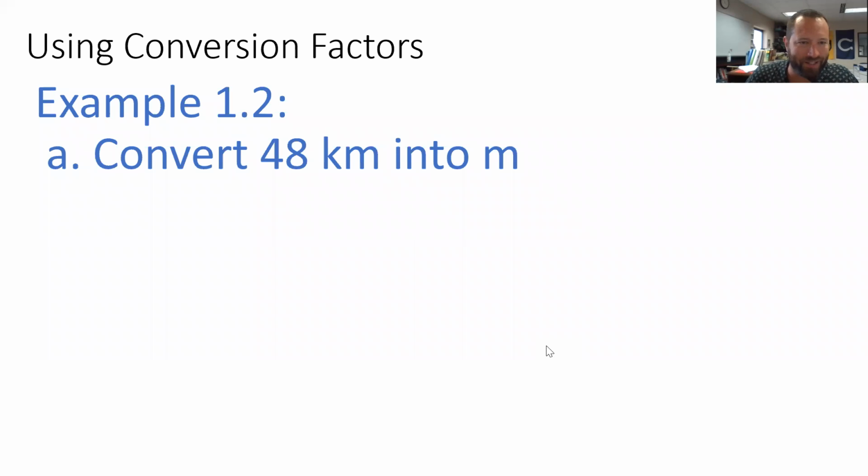Hello, hello. Today we're looking at example 1.2. We'll take a look at A and then B and then C. So starting off with example 1.2a, we're working with metric conversions here, and they want us to convert 48 kilometers